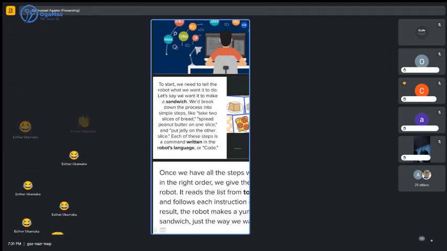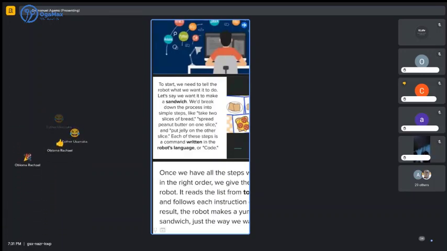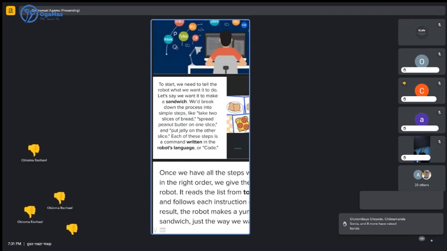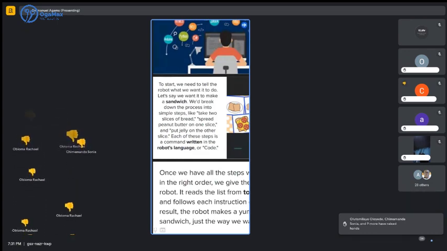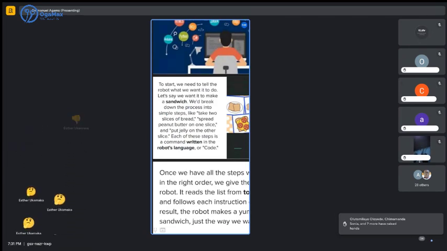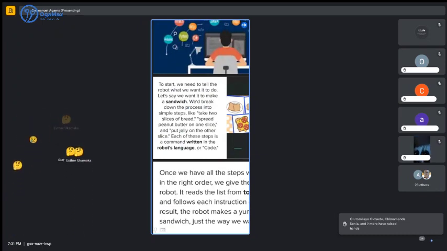So this is for the kids anyway. When we type our code using our alphabets, am I too fast? Okay, so when we type our code using our alphabets, it's being converted when it's being executed. The program is being converted for the computer to understand that this is this, this is that. I don't know if you're getting what I'm saying. What I'm trying to say is this: in programming,